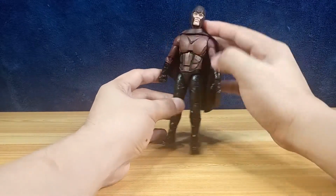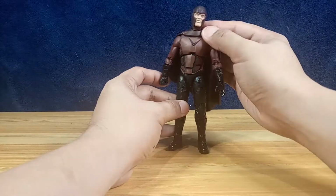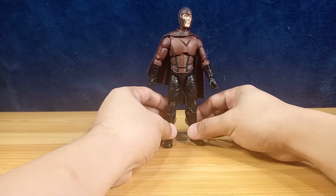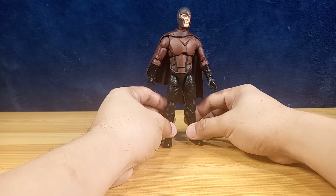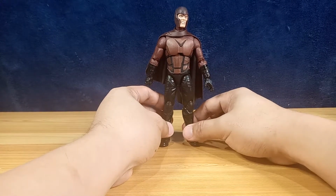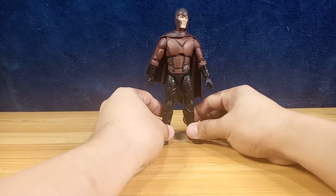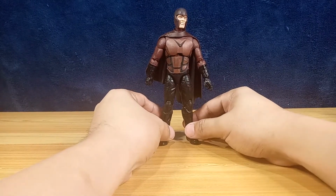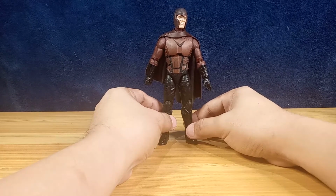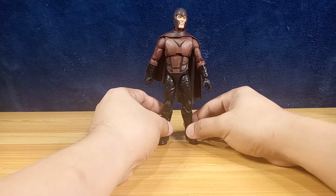Especially with the cape. That was more of a dramatic flourish. He was more, not overacting, he was more, what do you call? Anyway, The Last Stand was one of the worst X-Men movies. It was not that bad, but compared to the others, it was probably on the lower part of the list